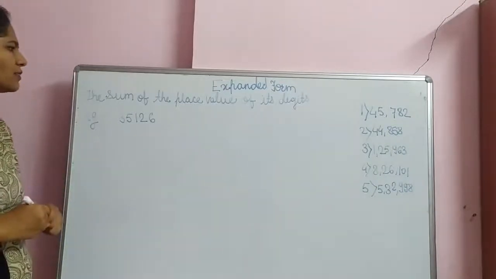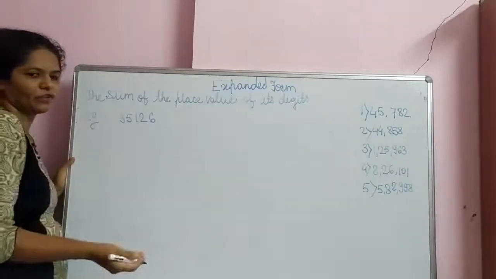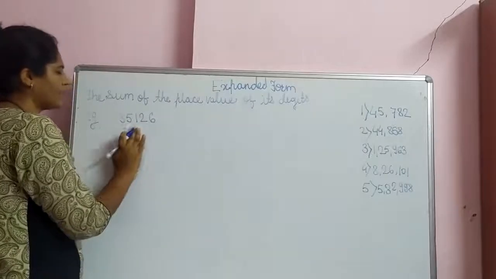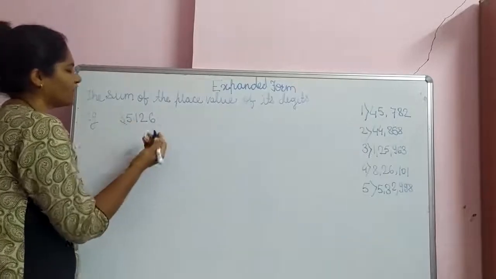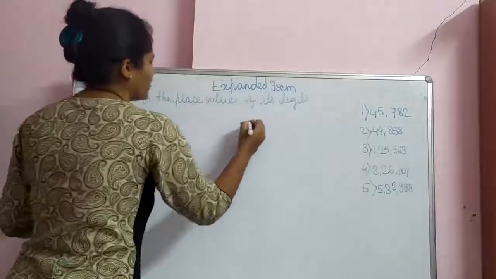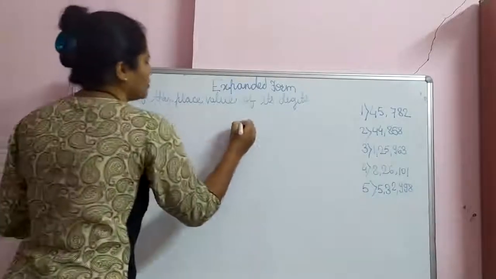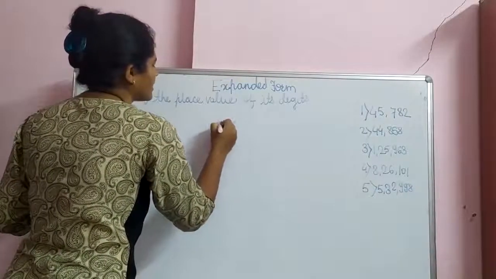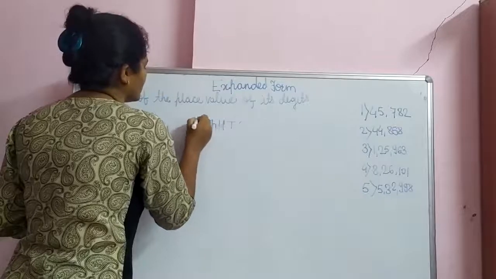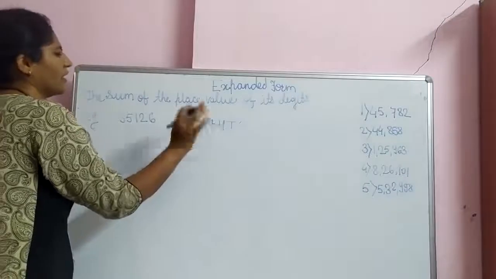So what is the sum? Sum means addition, and place value, you know place value. Before only we seen place value. So what is the place value of it? Firstly we write this number in a Indian place value chart. So what is that chart? We start which chart we seen before? Now that same chart. So ones, tens, 100, 1,000, 10,000. So here only 5 digits are there. That's why we write only this one.